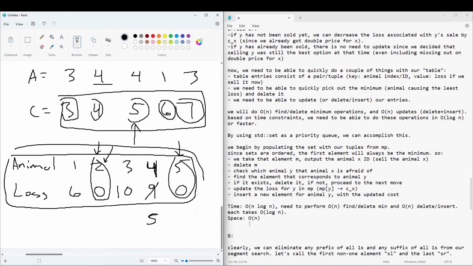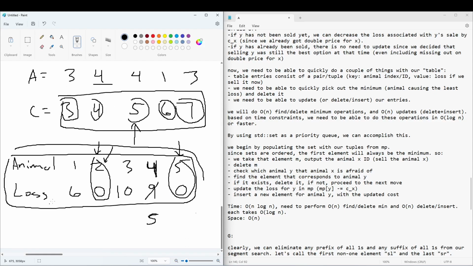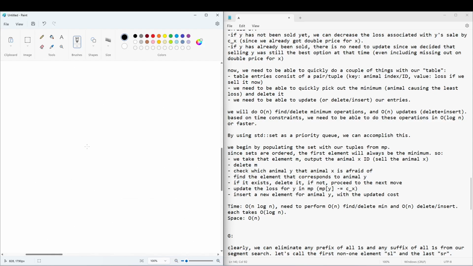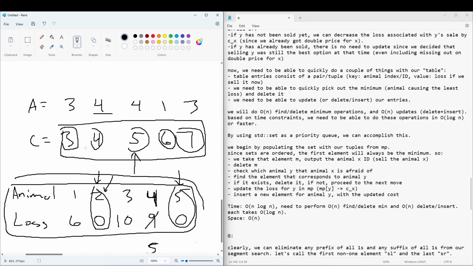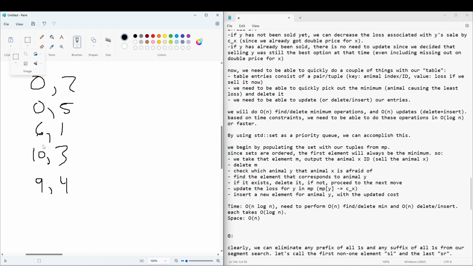Fortunately, by using the data structure set as a priority queue, we can accomplish this. So how the priority queue works is, if we populate our priority queue with the loss as the first number in the pair, so 0, 2, 0, 5, 6, 1, 10, 3, 9, 9, 4. Actually, the set will automatically order these for us, so it would actually be